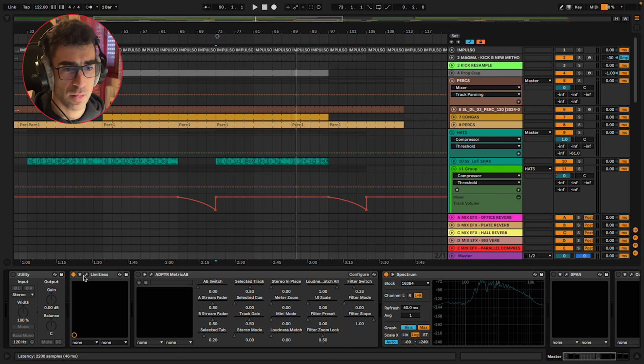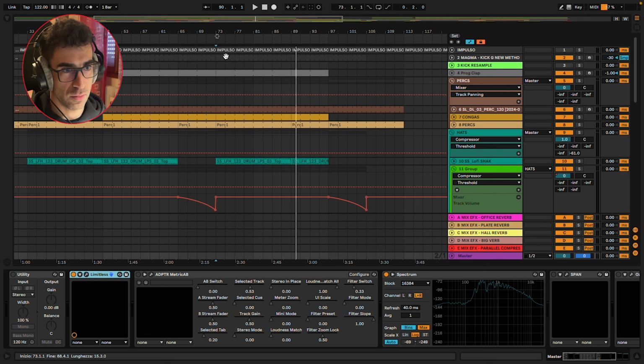And one important thing is that I like to compose, write, and mix my tracks with a limiter on. The aim here is mainly to turn up the volume, because I gain stage every single sound, but also to simulate some sort of mastering compression and the final feel that the track may have after being mixed and mastered.